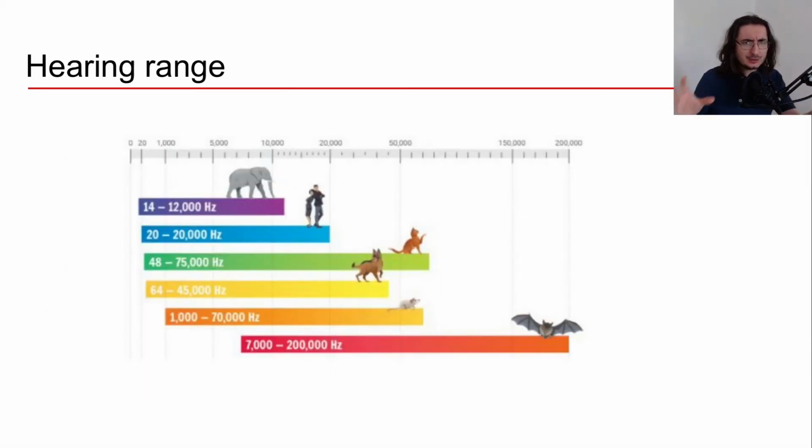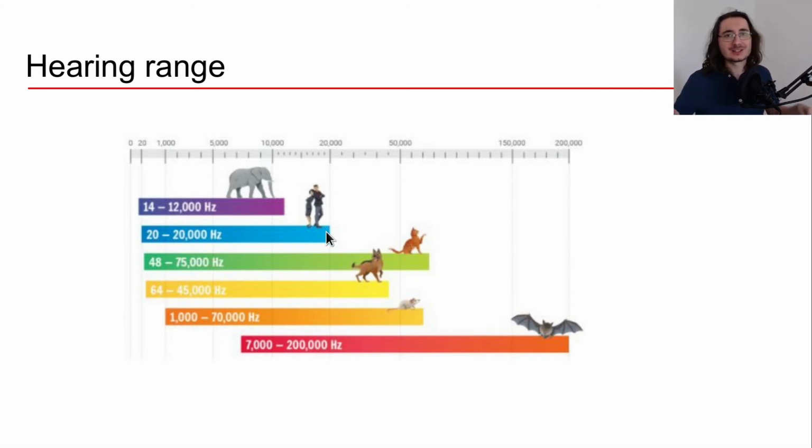Okay, so now an interesting thing that I want to cover here is the hearing range. And as we'll see, this is extremely important for decisions in audio processing, like sample rate and a bunch of other things. Now, different animals usually have very different hearing ranges. So humans, for example, have a hearing range which is between 20 hertz and 20,000 hertz. But if we take a look at the hearing range for cats and dogs, we see that they are capable of hearing also higher frequencies.